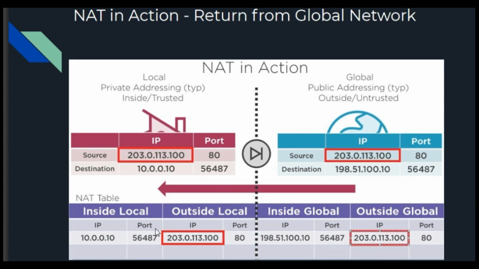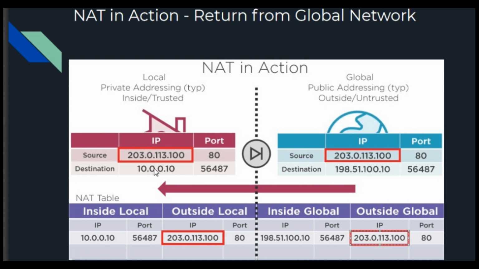Now we can see that we are manipulating the destination IP address. The source IP address is the global IP which we were trying to access, and it's trying to communicate with the WAN interface which we have terminated on the firewall.